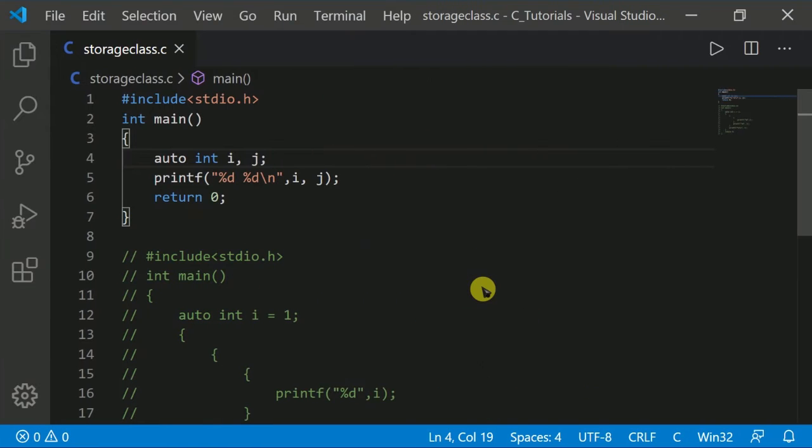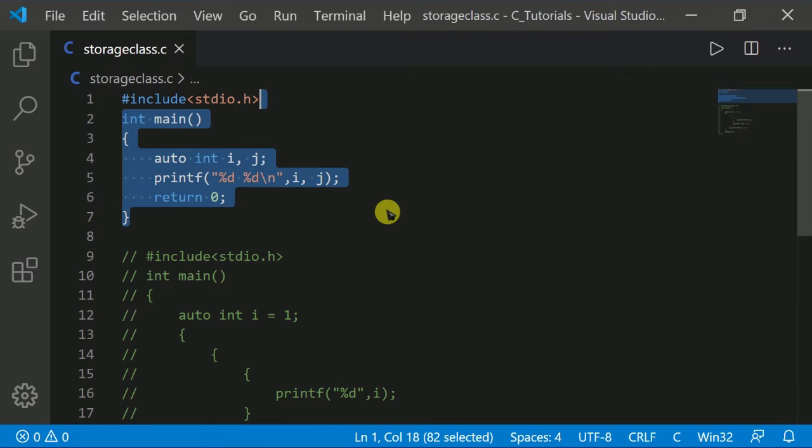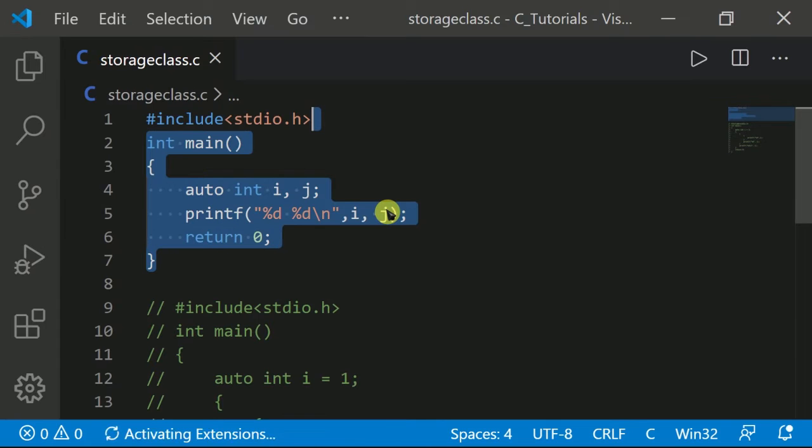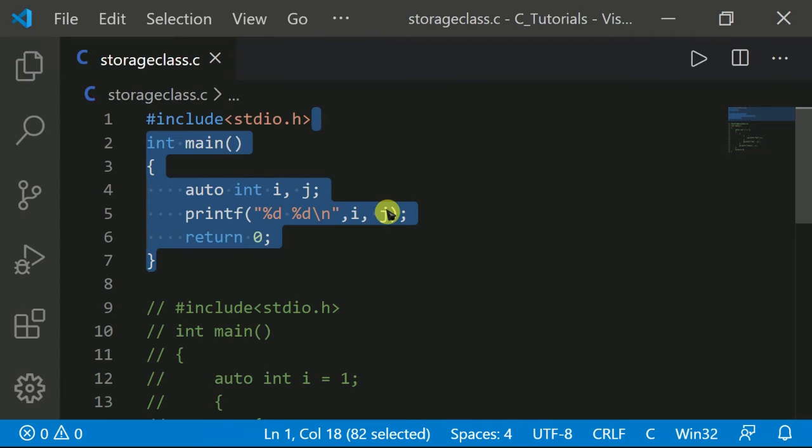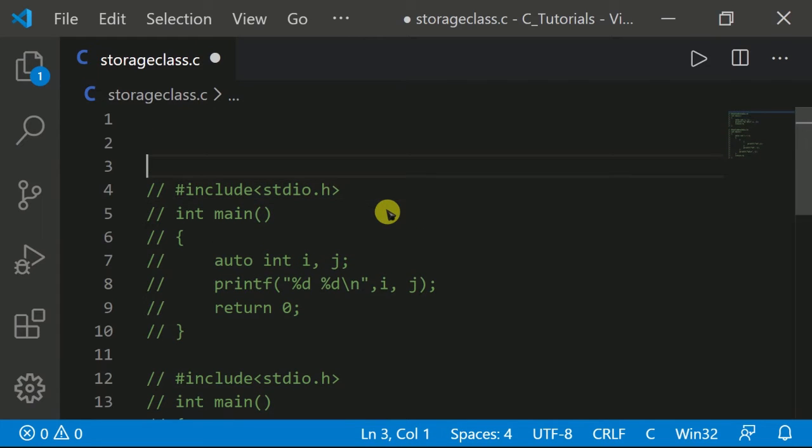Now I'm going to write a program for this. The program on my display belongs to the automatic storage class, so let me note that.